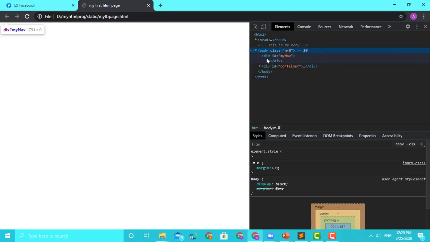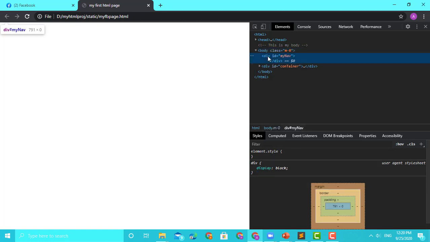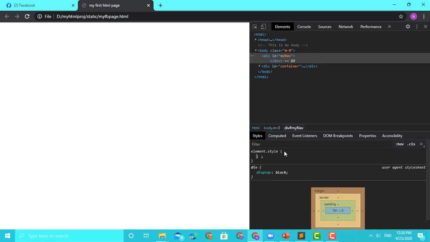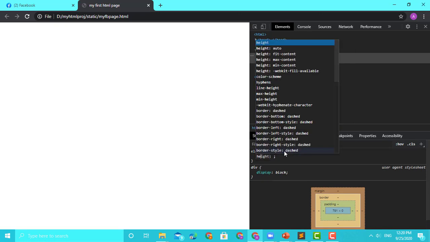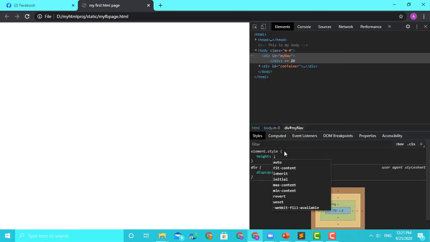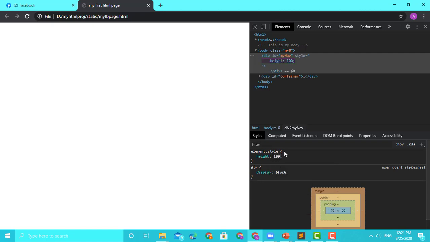Now but what will happen if I go here? It shows, if you see, the div nav comes somewhere here, correct? And same thing here. So there is no differentiation, right? It shows all the same. So let me put some style here. So I want my nav bar to have a height. How much do I want to have? I can give it in pixels. Let's say I'll give 100 px, correct?